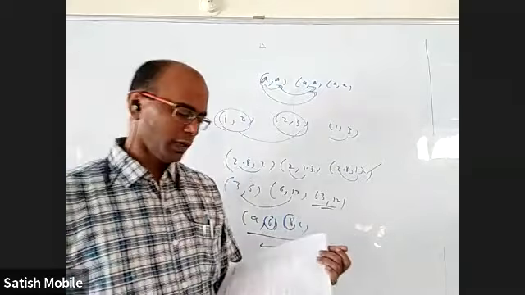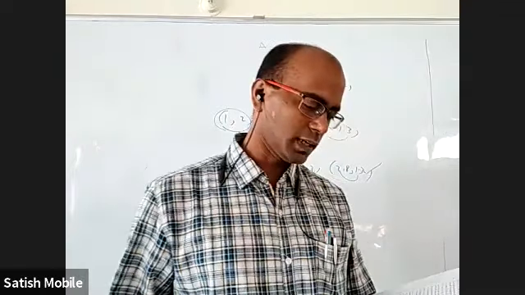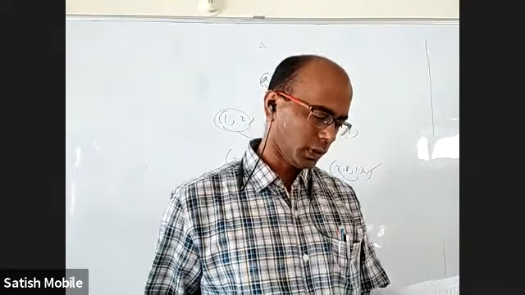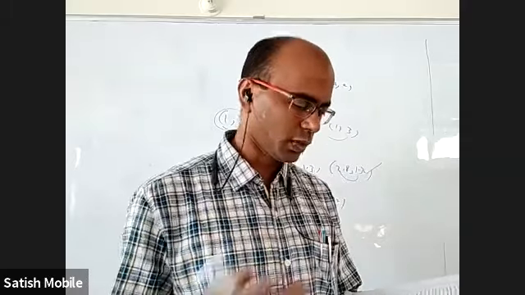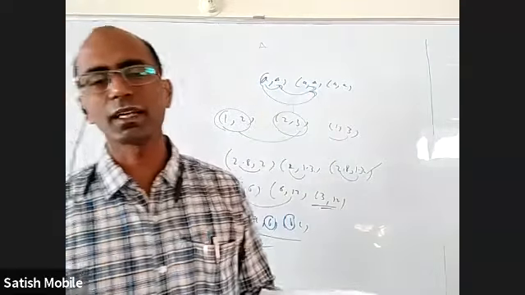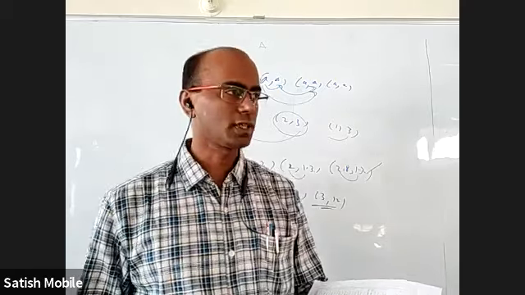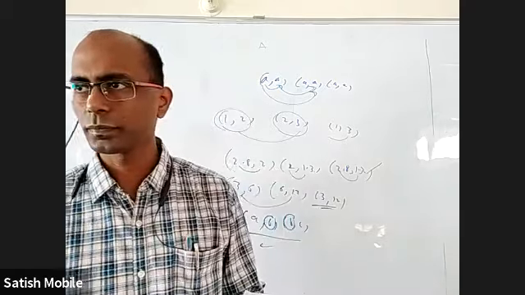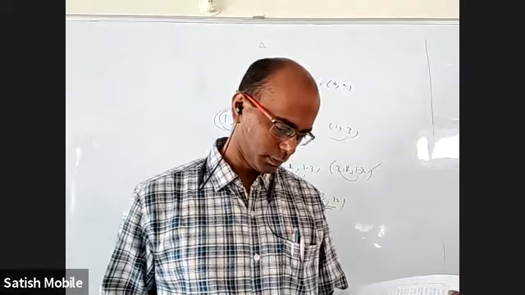Anyway, if you take the second elements of the bracket, they are 12, 9, 12, 6. If you take the first element, they are 6 and 3. So only common is 6, and that too 3, 6 and 6, 12 only. So we are not able to find an example where AB is there, BC is there, but AC is not there. So it is transitive. Is everybody clear about it? No doubt. Okay.